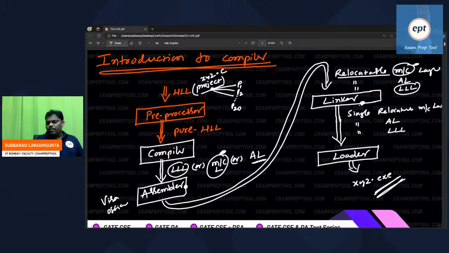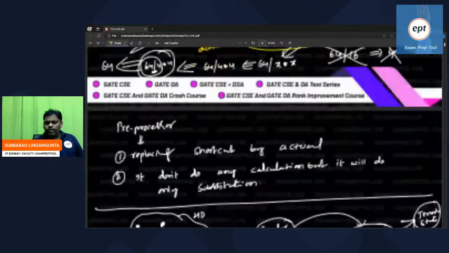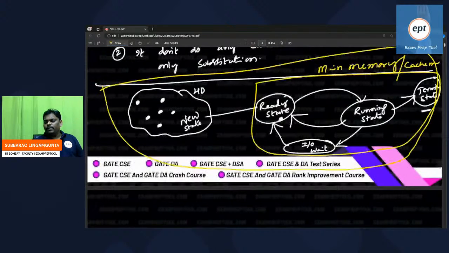It will confuse other people, because in operating system anyhow you will see that. What is ready state? What is running state? What is the wait state? What is the termination state? What is the new state? All the things will anyhow come. I have just given it roughly. This is called the process state diagram.